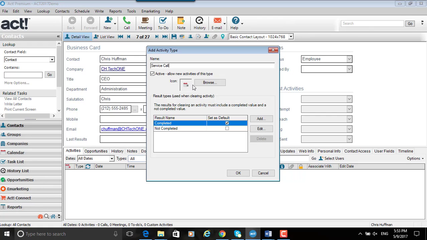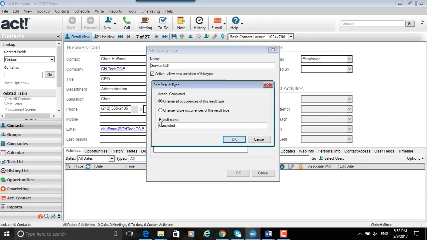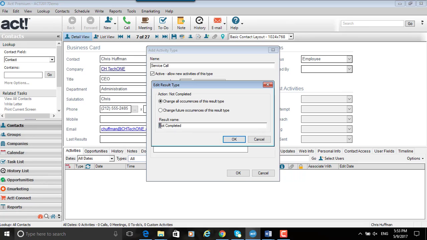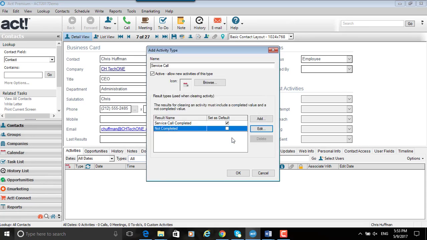But one thing that you must remember to do when you set up your own activity type is go into the Completed and Not Completed section by clicking Edit and make sure that you type the same name in front of each option. So that one says Service Call Completed and that one says Service Call Not Completed. And the reason we do this is when we schedule one of these activities, so if we say OK to that, I might as well show you while we're here,